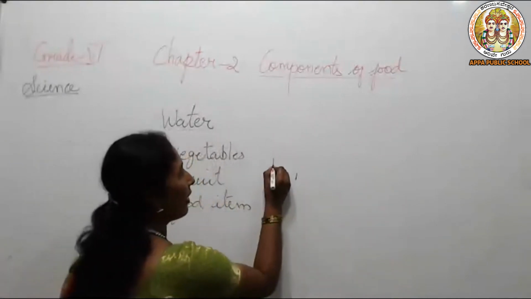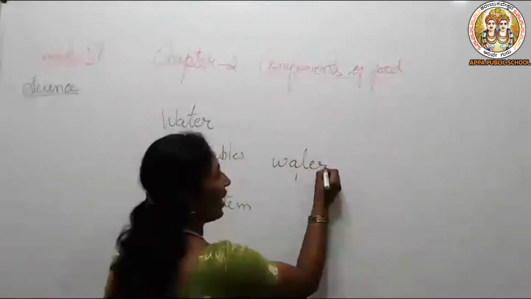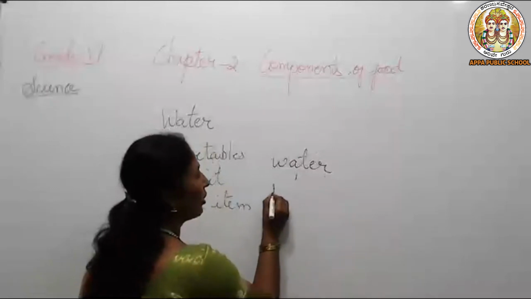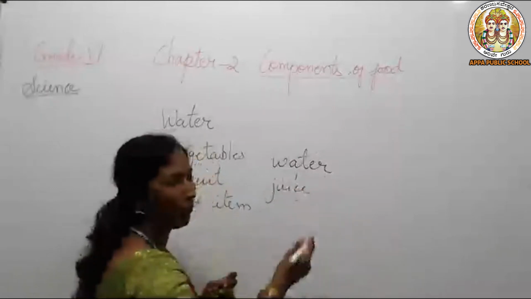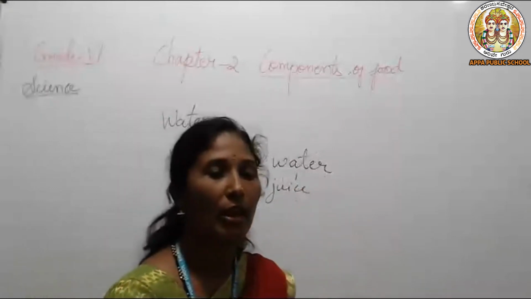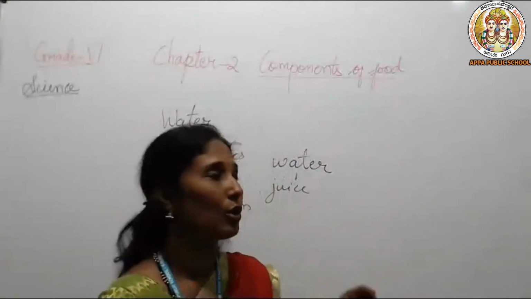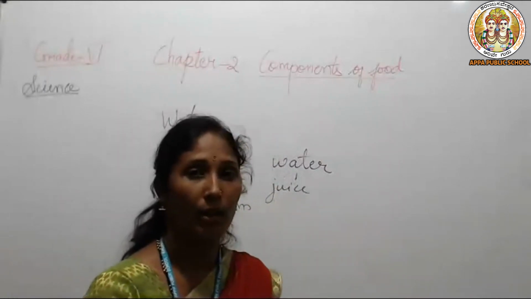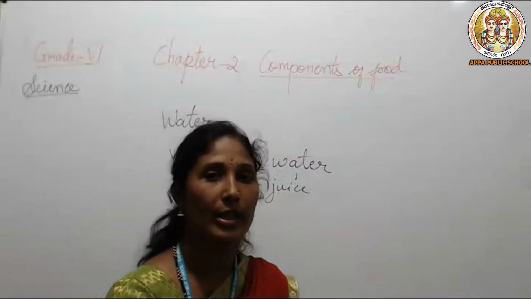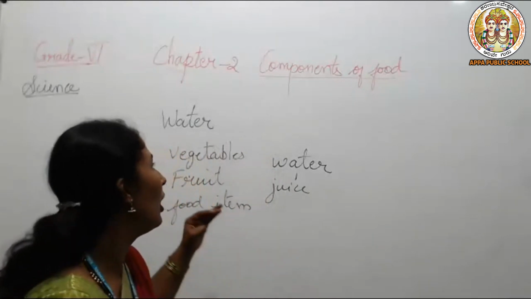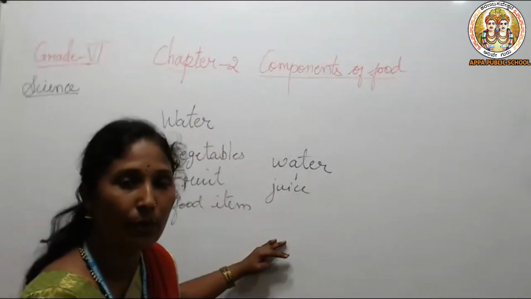Otherwise, we directly drink water. Yes, when we are getting thirsty, or we drink juice like fruit juice. Through that also the water will be supplied to our body. So water plays a very important role to absorb all the nutrients properly for our body. So we have to take these nutrients.